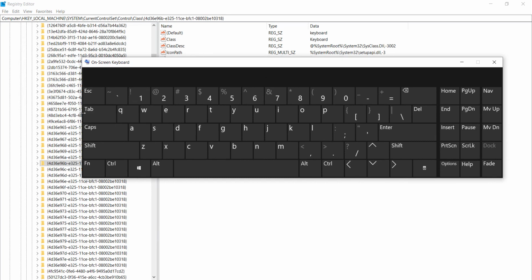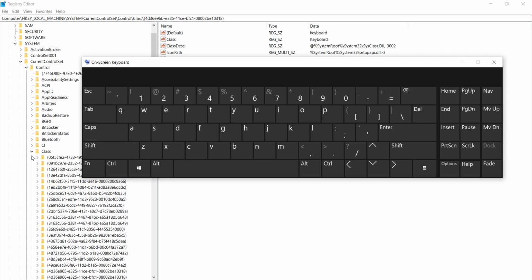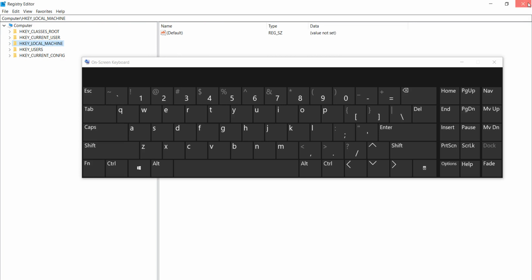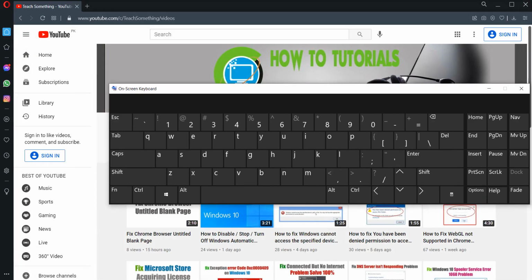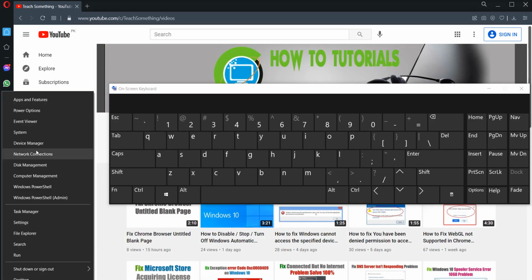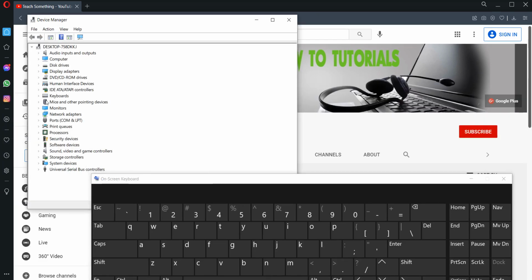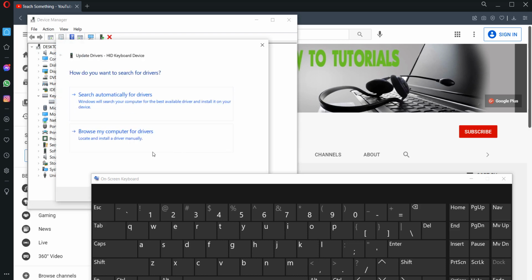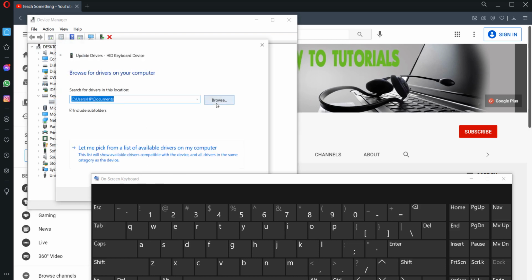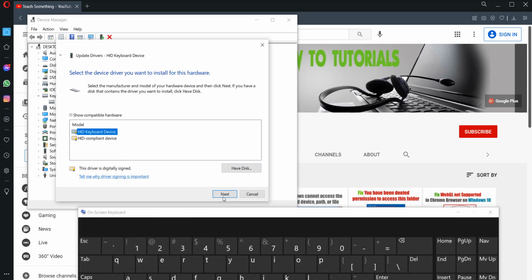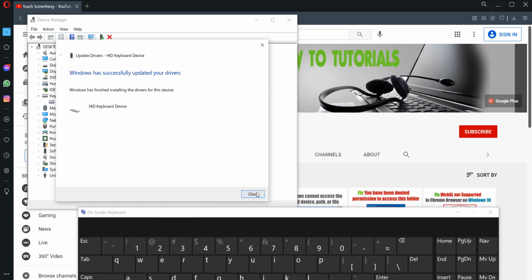Now after doing this step, close the registry editor, go to the Start menu, right click and go to Device Manager. Expand Keyboards, select it, right click and click on Update driver, Browse my computer, Let me pick from a list of available drivers. Now select it, press Next. After doing this, close it